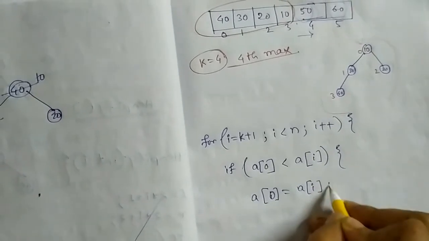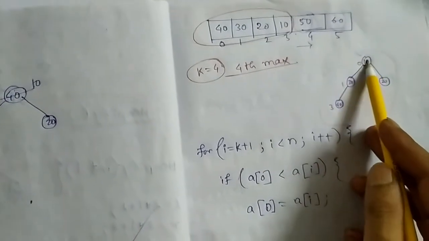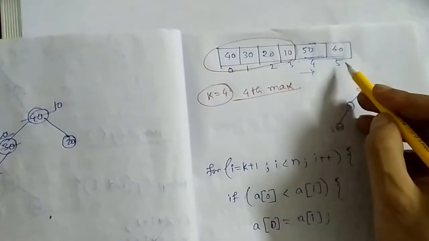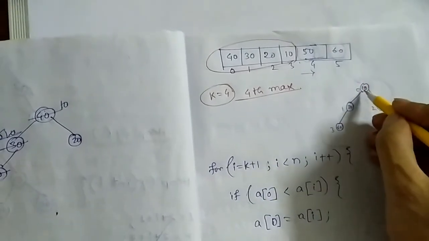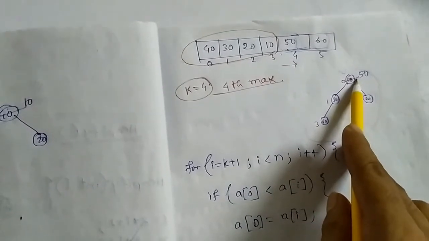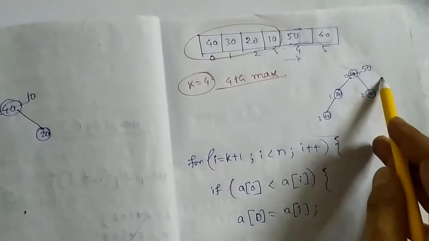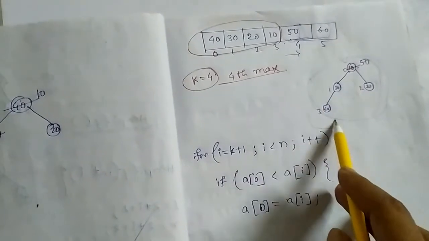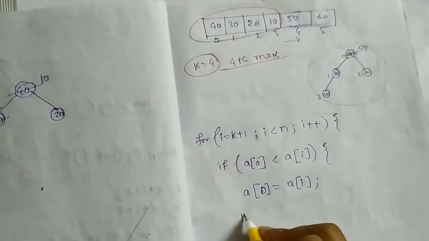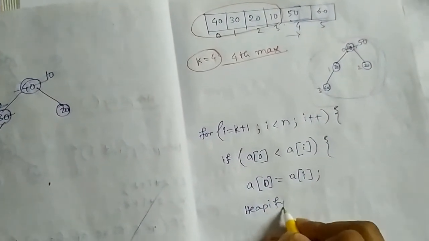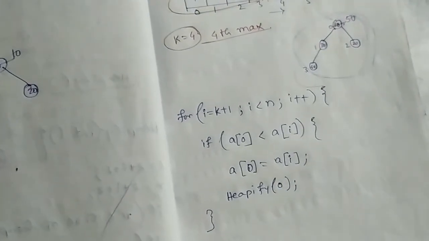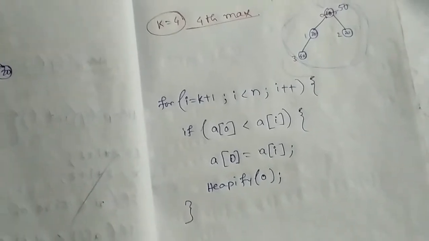the ith element. After that I have a new element, for example when I am checking for 50, 50 is greater than 10, so 50 comes here. Then I have to call heapify on this position to ensure that all these elements are creating a min heap. So for this I have to call heapify on the root, that is the 0th index. So thus we can implement our whole concept.